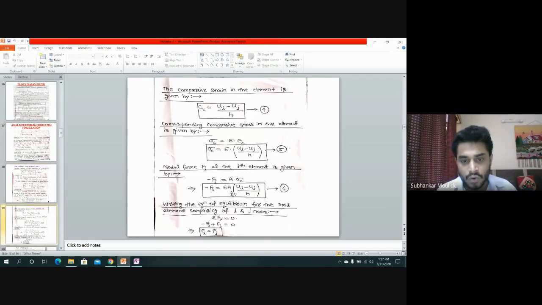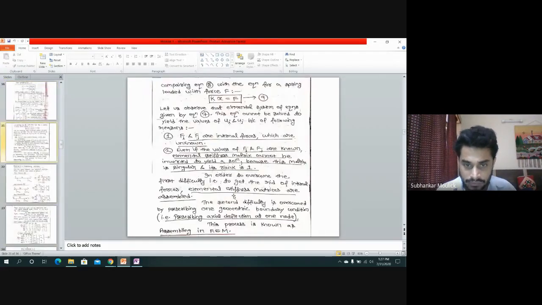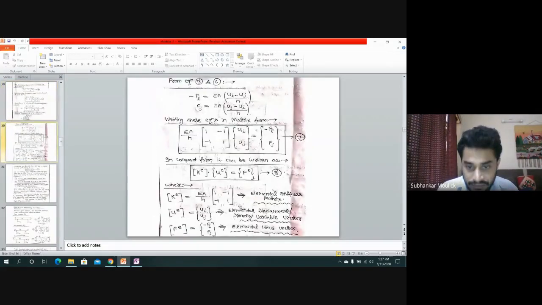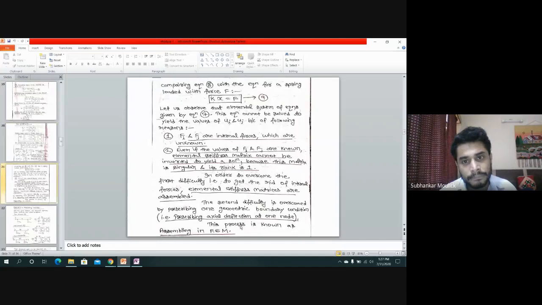So far it is clear to all of you till this step? That means, at present I cannot solve equation number 7 because this matrix is singular. In order to solve this equation, I need to get the inverse of this matrix. So in order to get the inverse of this matrix, I am doing this assembling part. Is the step clear so far?